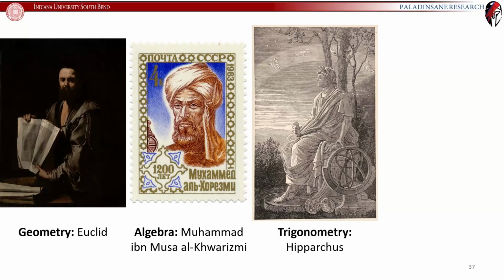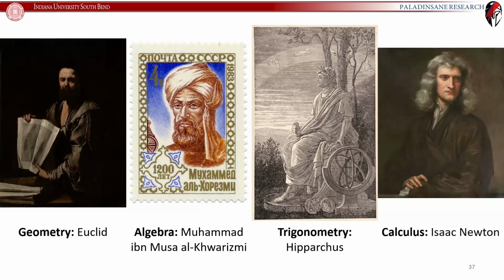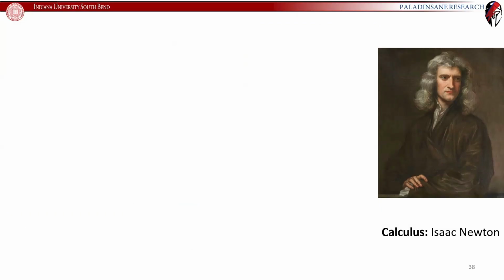And then trigonometry was invented by Hipparchus. And then calculus was invented by Isaac Newton. And still statistics wasn't invented. Still the average of numbers was not invented. And if you take a look at calculus, so if you take a look at differential calculus, this is the